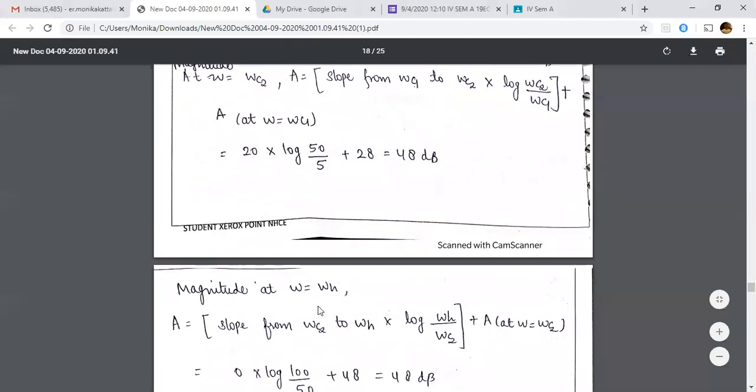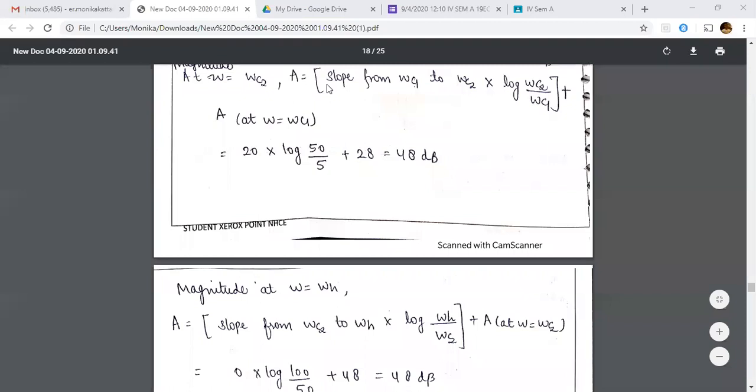Now, at last, I told you, we have 4 frequencies. Why are we taking these 4 frequencies? So that we can find 4 points by finding the magnitude at these 4 frequencies. And at the end, we are going to join those 4 points to get our magnitude plot. Because you know that the magnitude plot is drawn when you vary omega from 0 to infinity, but it is not possible to vary from 0 to infinity. So you can select a few points. So how have you selected those points?